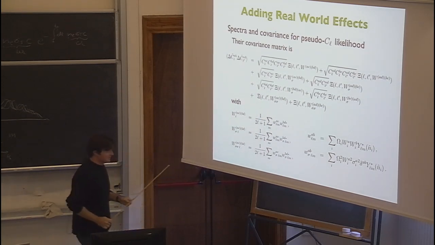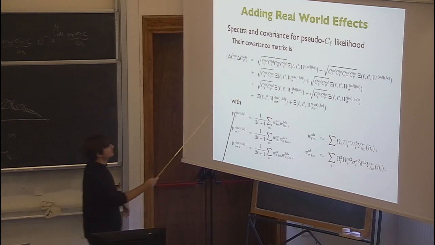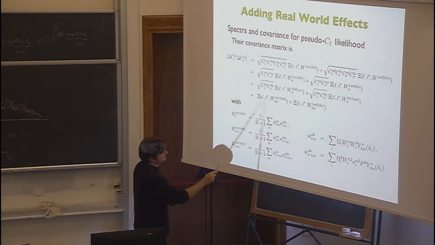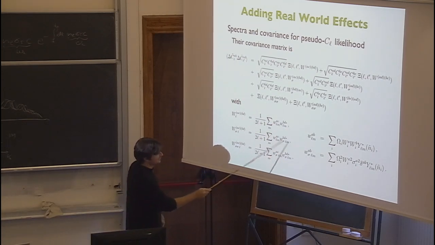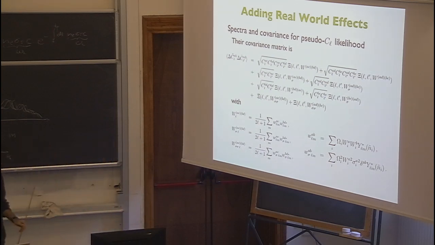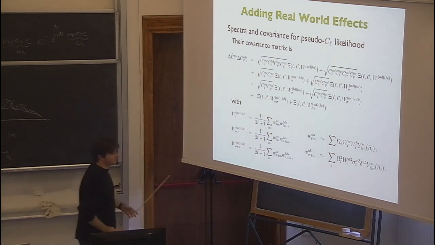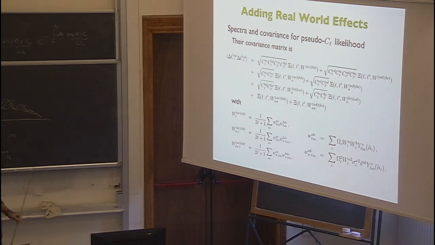You can find some of these things in the appendix of the 2013 Planck likelihood paper, but you can analytically compute the covariance matrix for these things. It just looks like this. You can express it exactly in terms of the mask. There are some regions where the approximations used aren't so good, so you then use simulations. But in 2013 by Planck that wasn't done, so they really just used the analytic likelihood that I'm writing here,